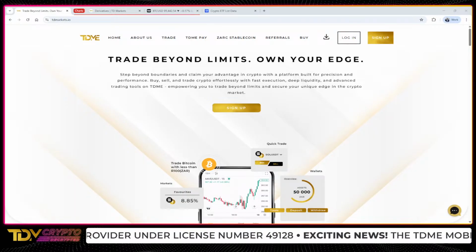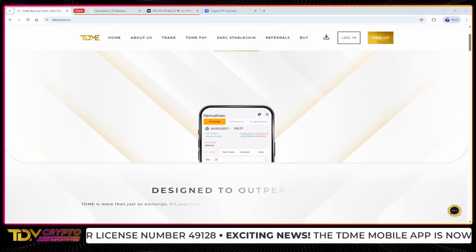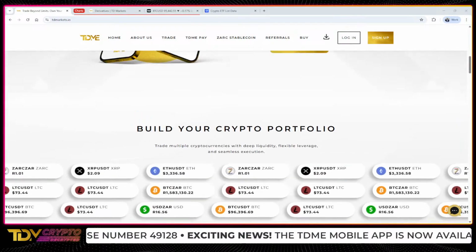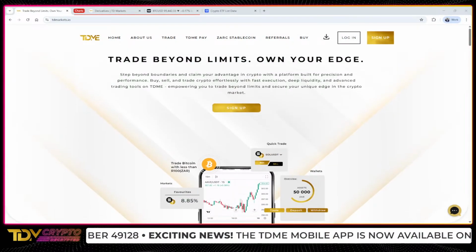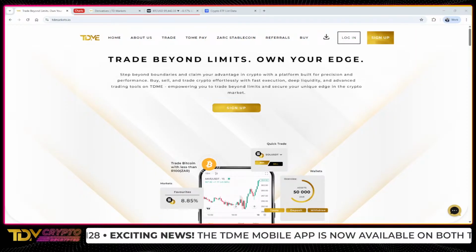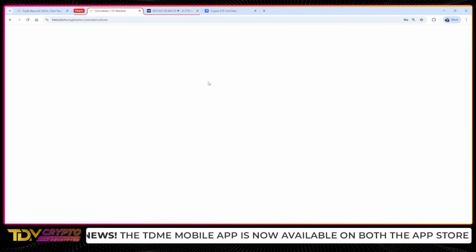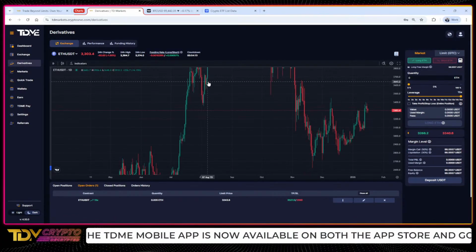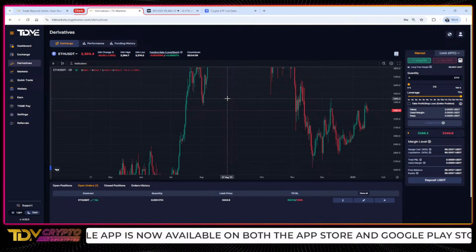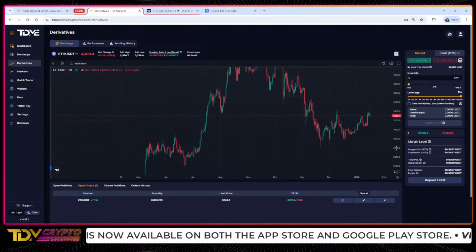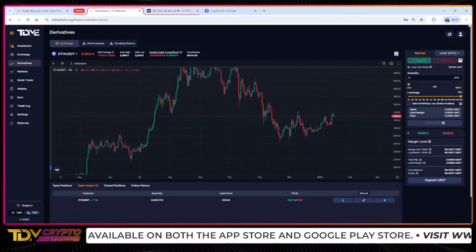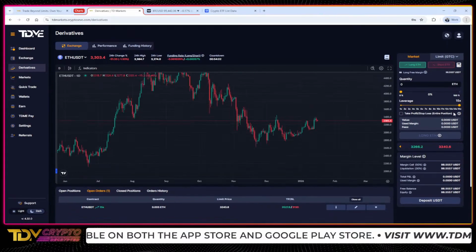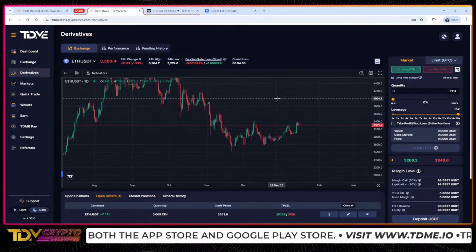This will take you to a simple page to navigate. You can just scroll down, very simple. All you have to do is sign up, put in the details that are required, and once you're done, it will take you straight to our derivatives platform, which looks something like this. We're going to talk more about this. This is in fact the focus for today. Let me just do this. There we go, I think it's much better now.